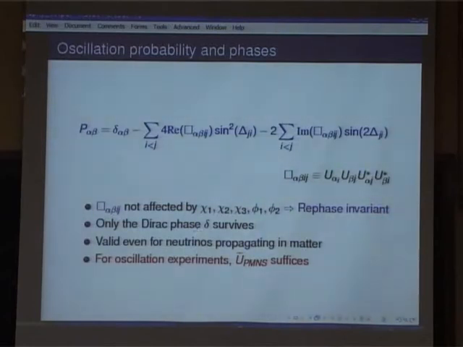So this of course is what we have done for propagation in vacuum. But even when we propagate in matter, the same thing applies. Even when we propagate in matter, you will see that this bracket will always be independent of phases, and moreover, it will be independent of chi1, chi2, chi3, phi1. So what does this mean? This means that although I had all these 6 phases, when I do oscillation experiments, this is very particular to oscillation experiments. Okay,